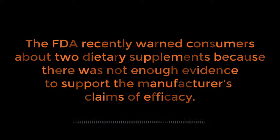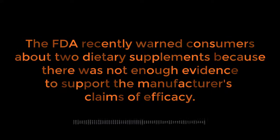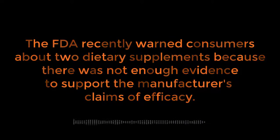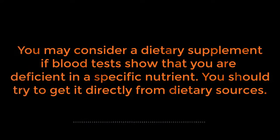Where would you want to use a dietary supplement? I think if you had a blood test from your doctor and your doctor said, oh, you're deficient in this key nutrient, you should take a supplement. So that's where you might want to consider it. You might want to consider changing your diet first to see if that helps, because dietary sources of key nutrients